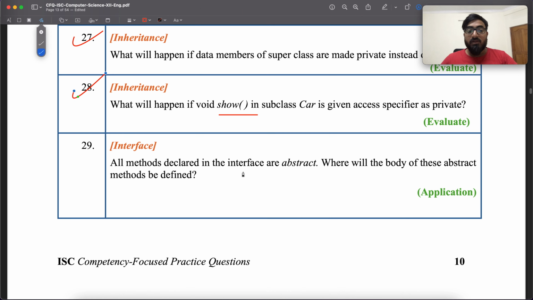All methods declared in an interface are abstract. Where will the body of these abstract methods be defined? The body of these abstract methods is defined in the class that implements. The keyword implements is really important, because in Java, interfaces are implemented and classes are extended. So the body of these abstract methods will be defined in the class that implements